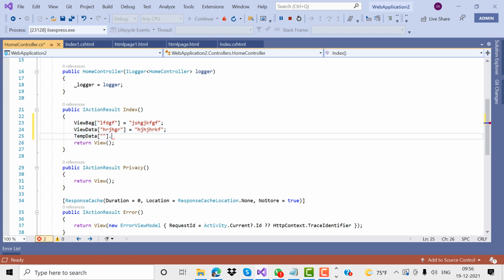Another way, as I told you earlier, is to create one model and bind the values on that model, and pass that value from controller to view. State management can also be used, but session is not used here; we need to maintain it with ViewData, TempData, state management.